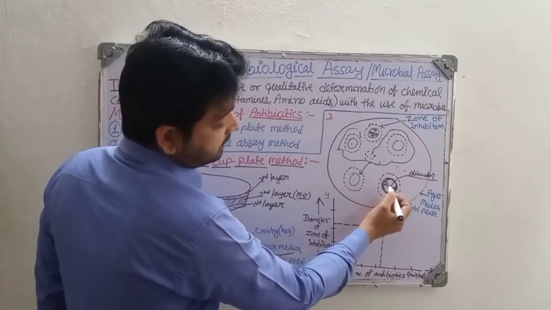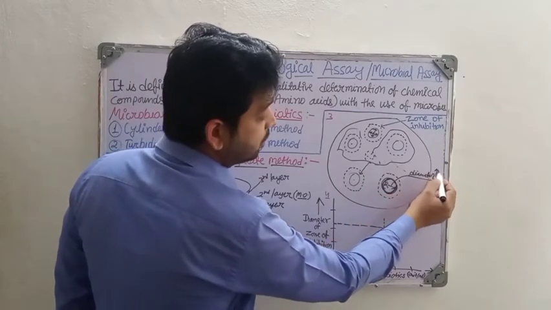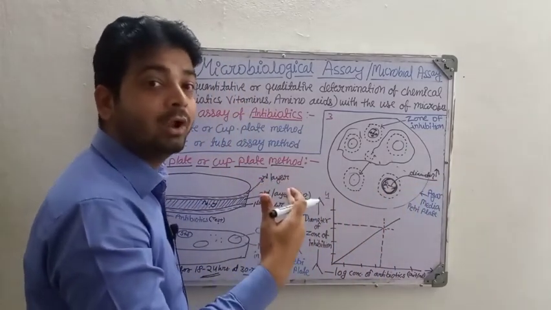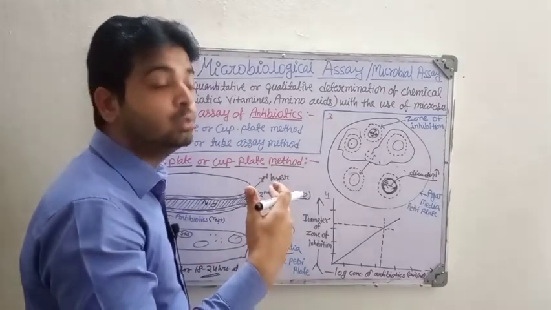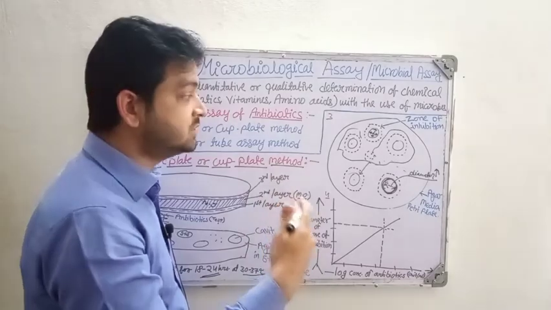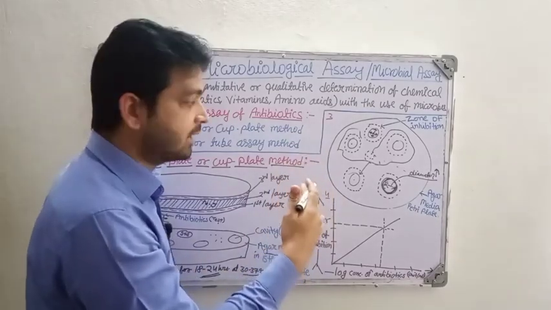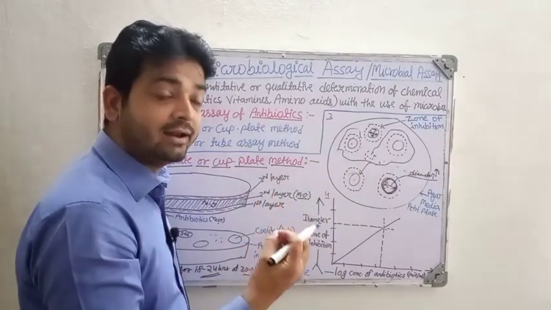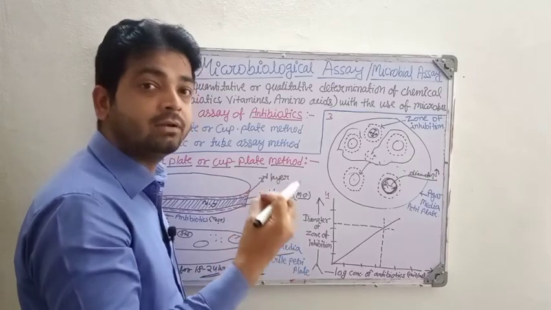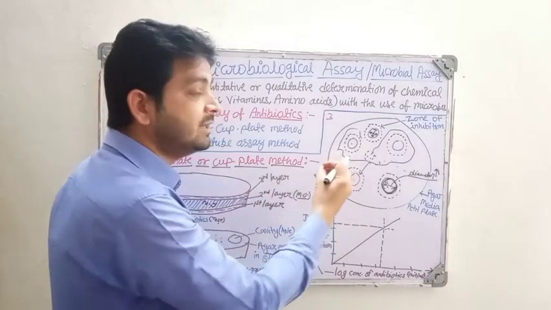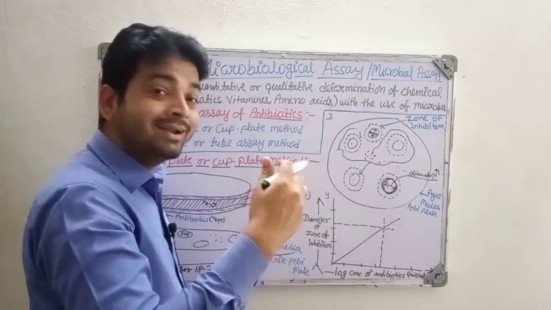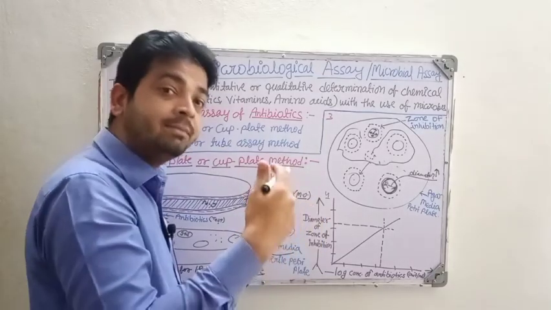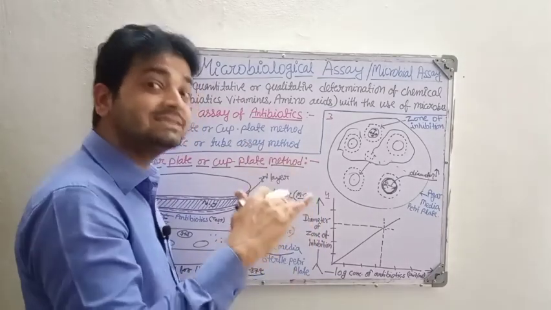If the diameter of the zone of inhibition is larger, it means the antibiotic is working potently; its potency is greater and it is strongly able to inhibit the growth of the microorganism we have already kept along with the nutrient agar media. The standard will give a different result because the standard antibiotic is already tested and will definitely kill or inhibit the microorganism, whereas the test antibiotic may kill or may not kill, or may be near to the standard. We check how efficiently it is able to kill or inhibit the microorganism as the standard does.